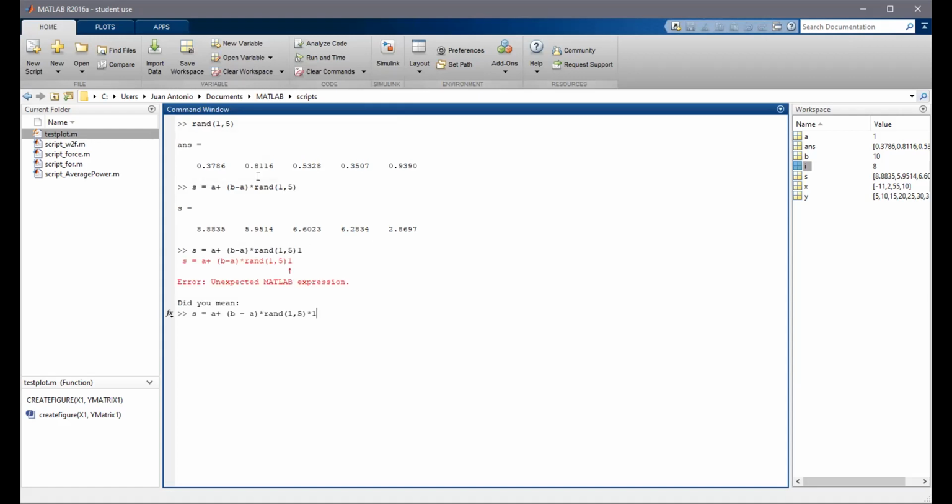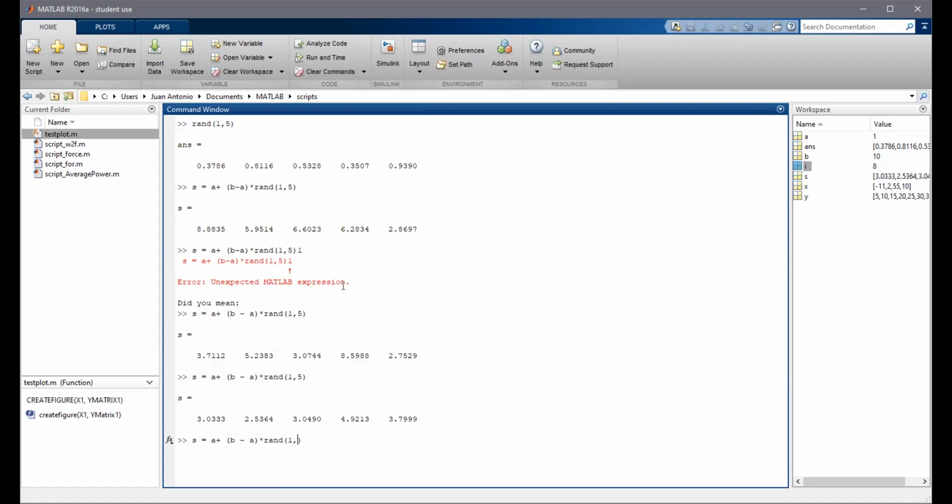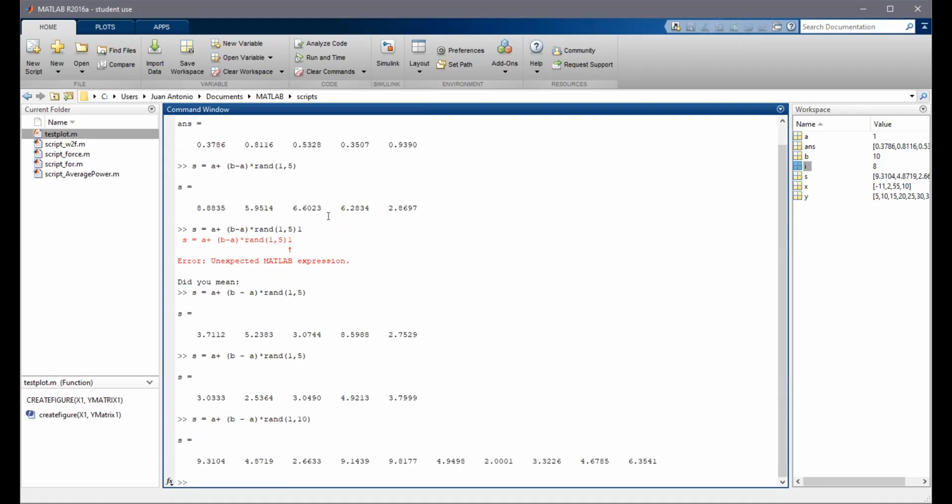If I run it again, oops, I erased something. Yeah, I added something. Okay. If I run it again, you can see it generates 5 numbers between 1 and 10. If I want to change it to 10 numbers between 1 and 10, I can do that. Okay, so that's a quick way of using the random function to do things like that. So going back to our task,